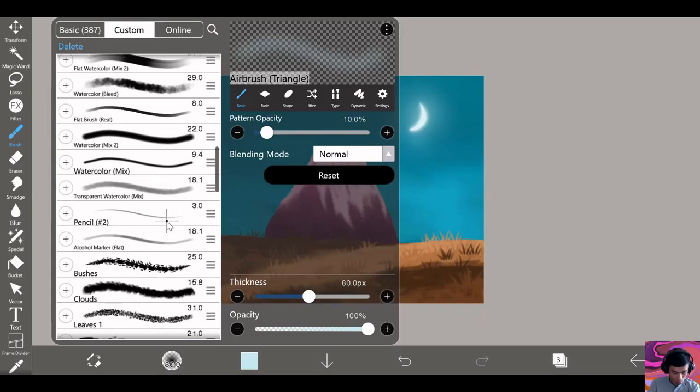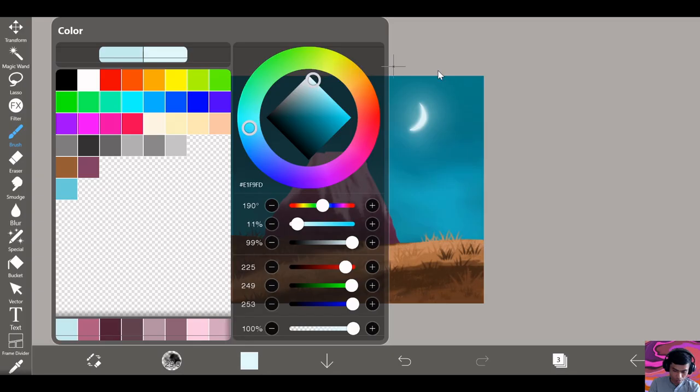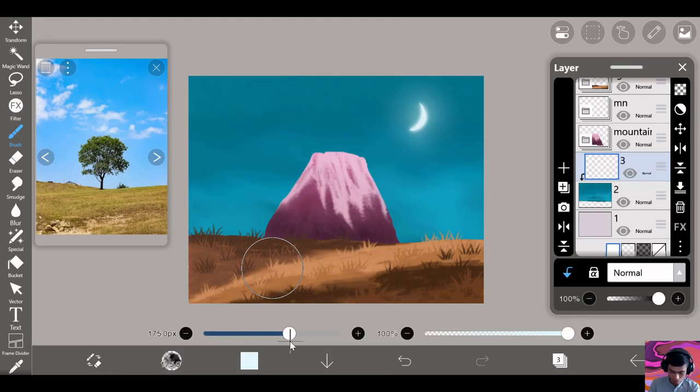I choose watercolor bleach, make it very light, put some clouds,